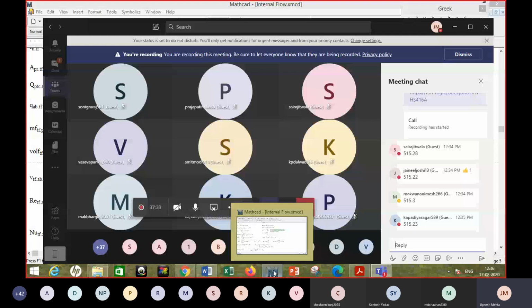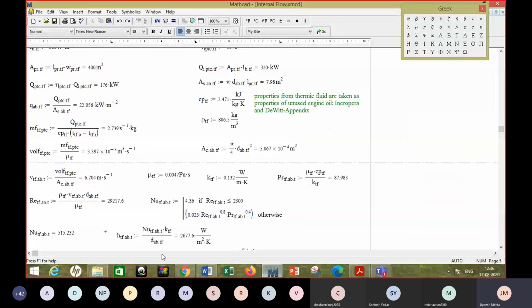So let us go further. Why did you find this heat transfer coefficient? Because you want to find out the surface temperature. And how do you get the surface temperature with this heat transfer coefficient? Heat flux Qs double prime is equal to h into delta T. So what is this delta T? This delta T is Ts minus Ti in this case, you can say.